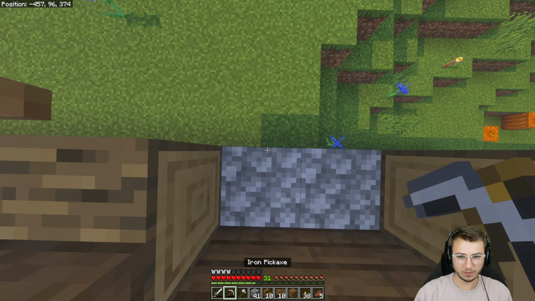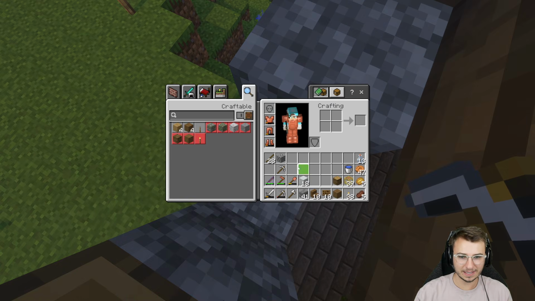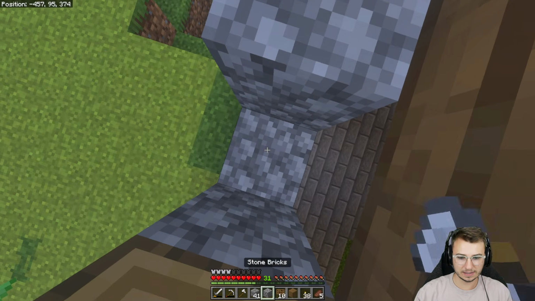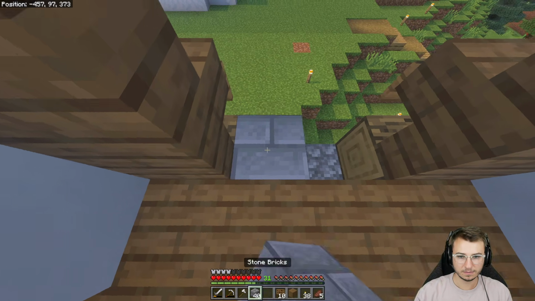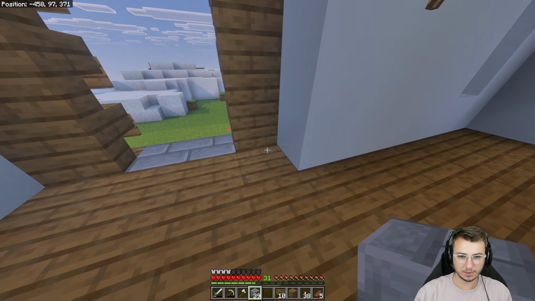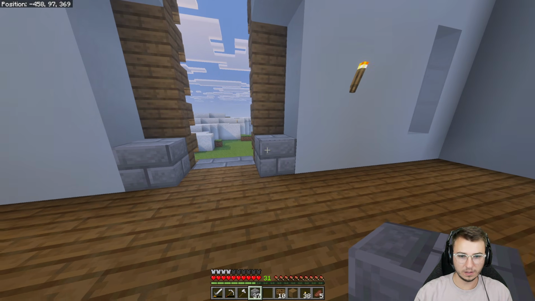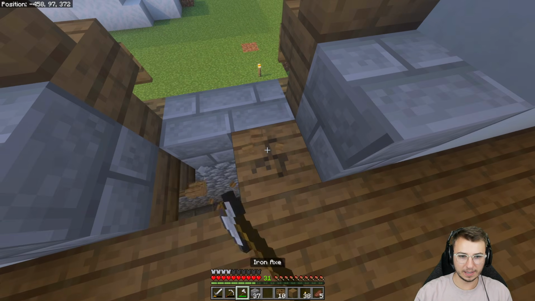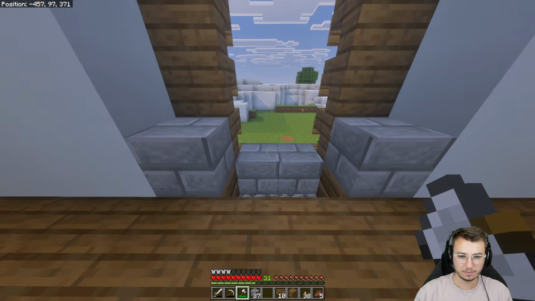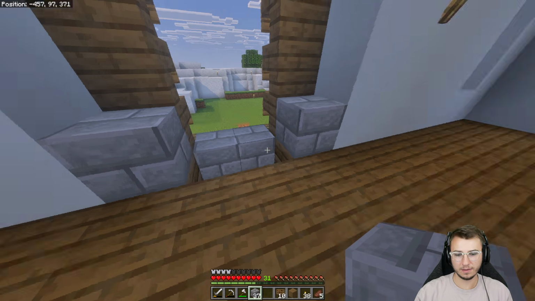So, let's see. We're going to have to go all the way down through this. Well, not necessarily, because then that's going to ruin our interior wall for the basement. So we'll start with this. And then we're going to want it... Let's see. That's going to have to go bye-bye. And then we'll replace that with...